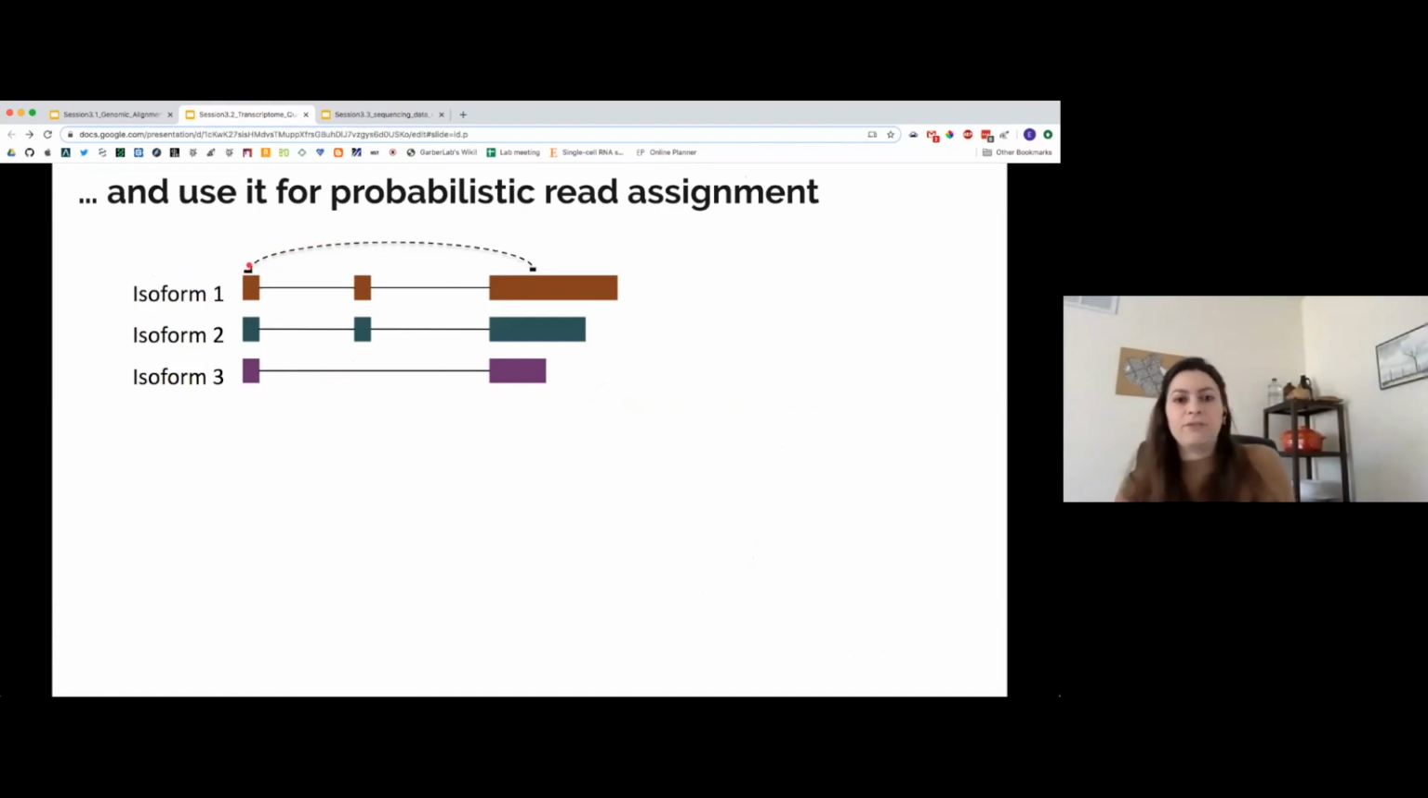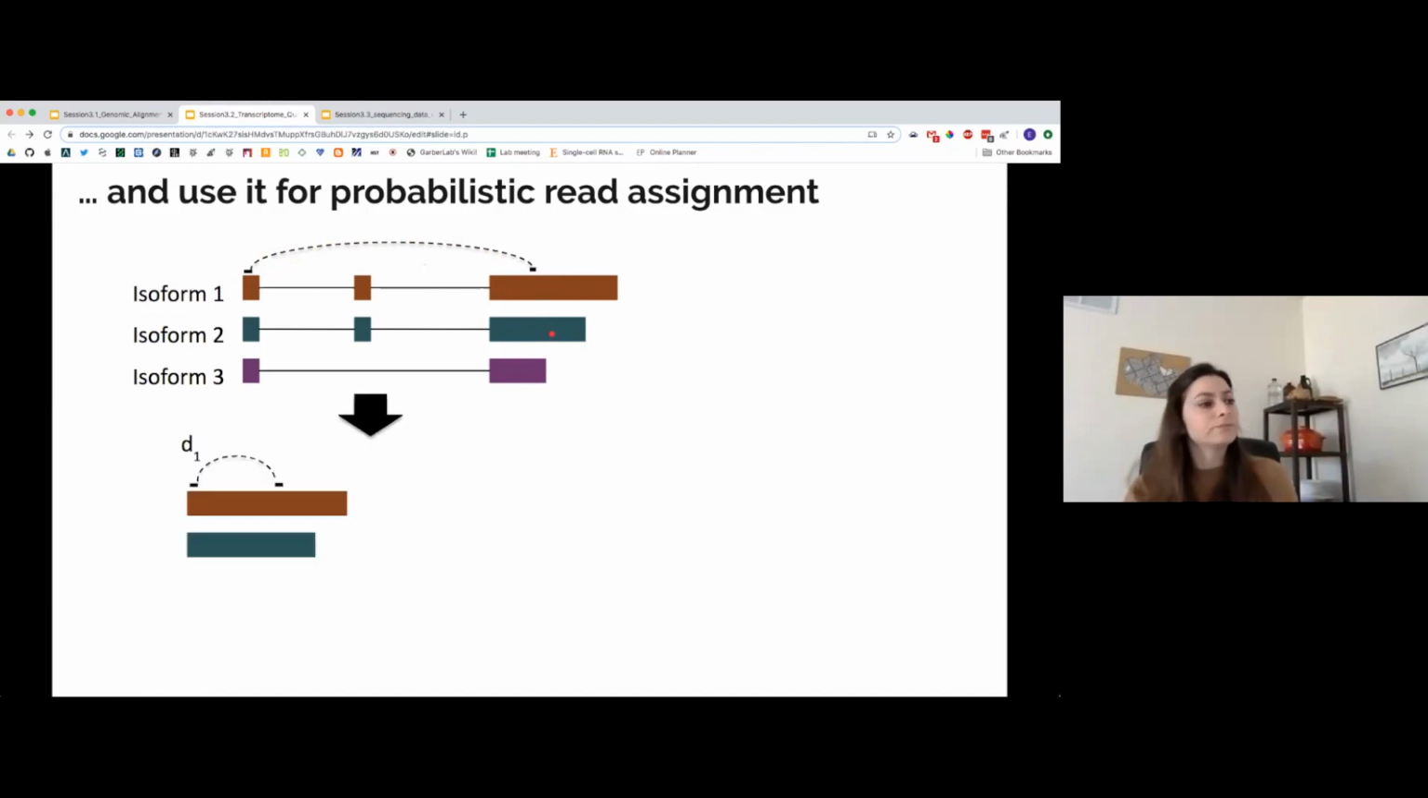All right, so let's go through that more carefully. You're going to use that for probabilistic read assignment. For example, here we have a pair of reads. They're mapping to the first exon and the last exon, and you have 3 possible isoforms. And you need to figure out which isoform they actually came from. So for each isoform, you calculate the distance. For green and brown, it would be distance 1. And for purple, you would have distance 2, a shorter distance, as you can see here, because it doesn't have